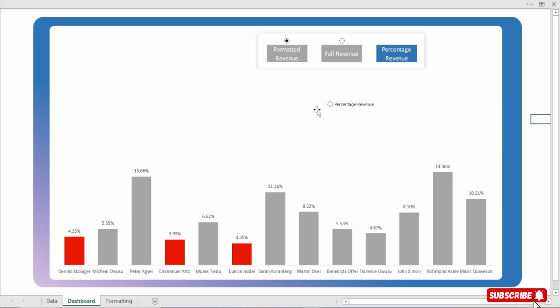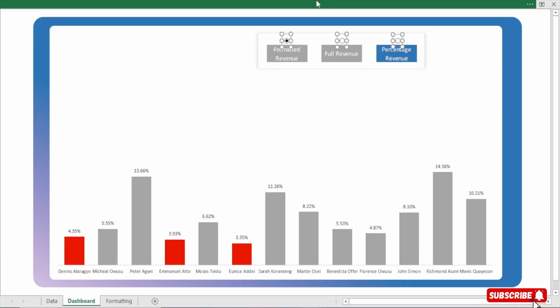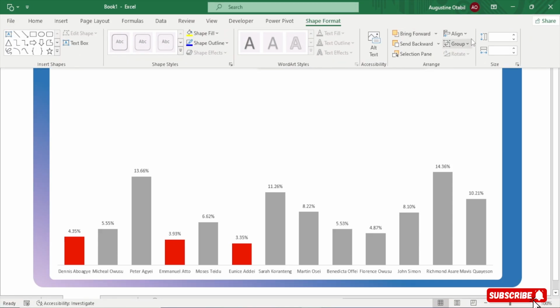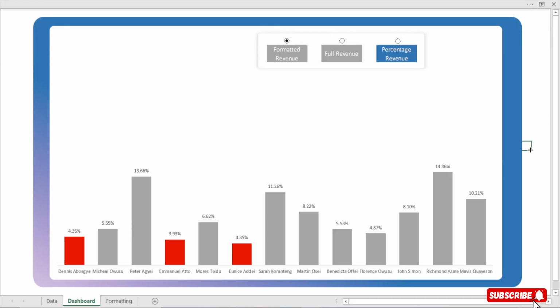And then we do the same thing to this. Control, then delete everything. That's Percentage Revenue. Bring everything here. Perfect. And then you position it here. Same way, if you want to position it well, select it, come to Shape Format, and align them to the bottom. Perfect. So this is what we have.